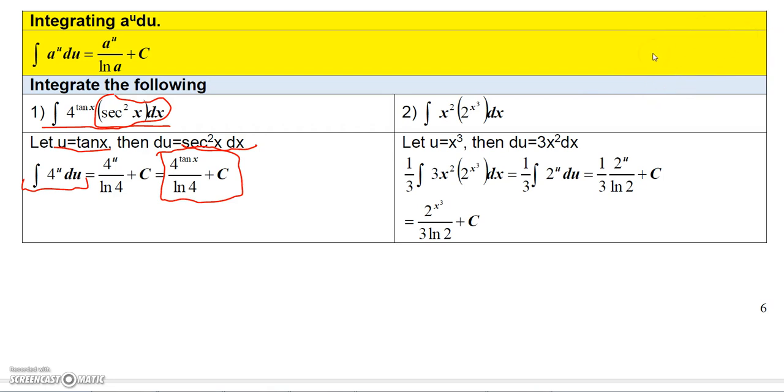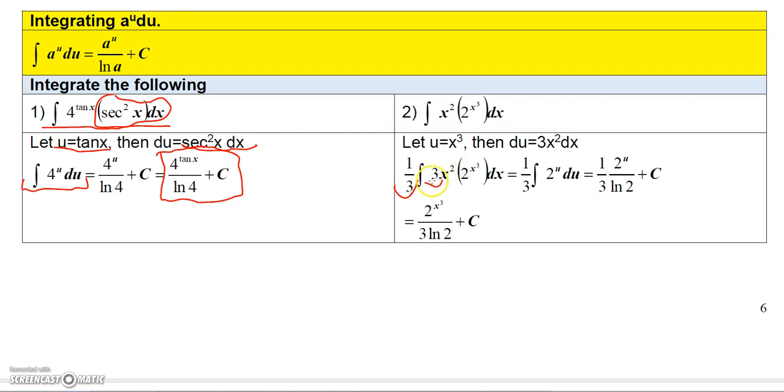Alright, so now here I have x squared times 2 to the x cubed dx. So since I have 2 raised to the x cubed, I'm going to assume that a is 2, and so I'm going to try to get this in the form of 2 to the u. So if I want this in the form of 2 to the u, then u would have to be x cubed, and then du would have to be 3x squared dx. Okay, so I don't have the 3, but I do have the x squared dx. So what I would do is I would put in the 3 right here